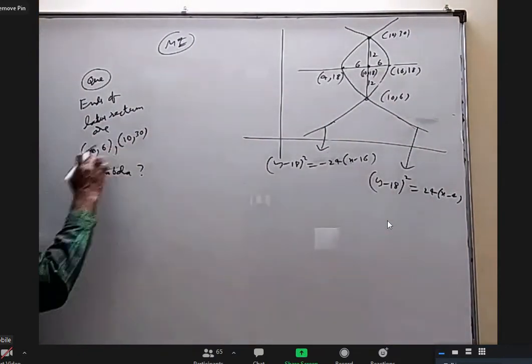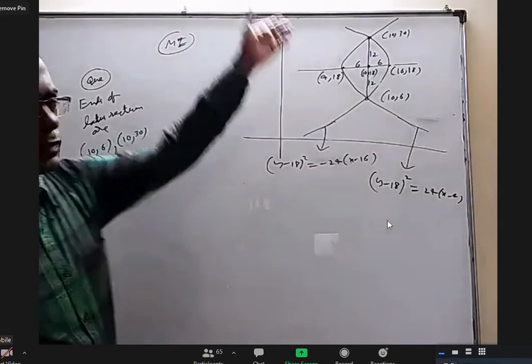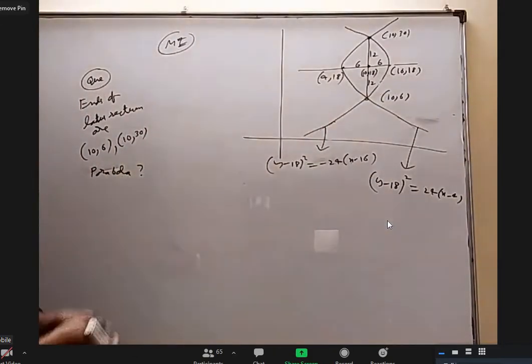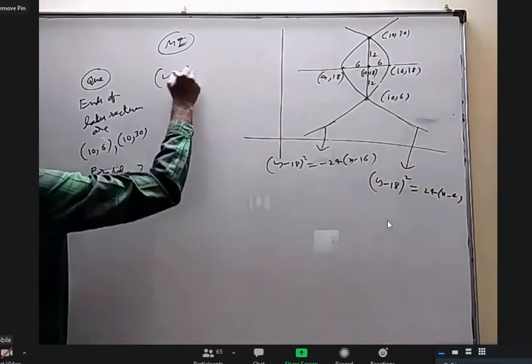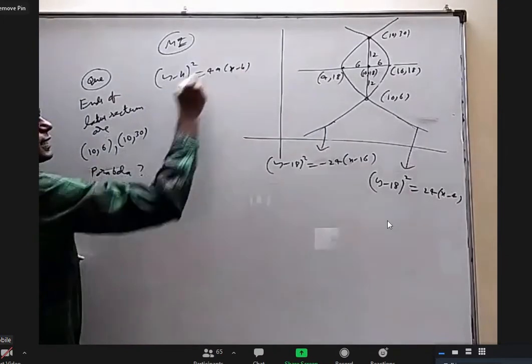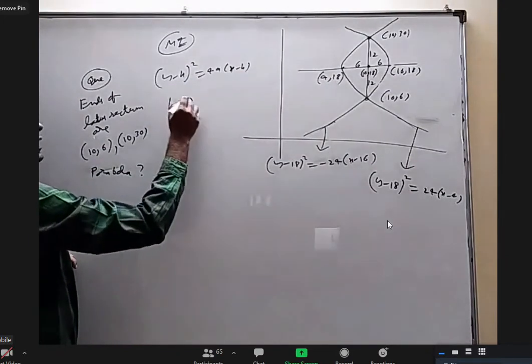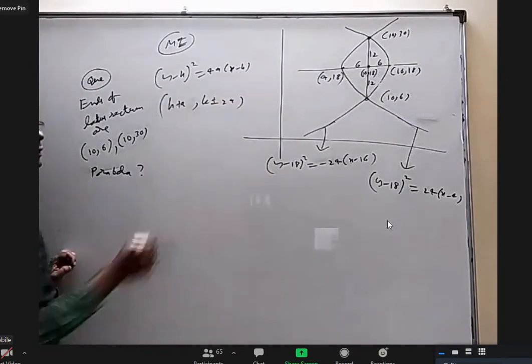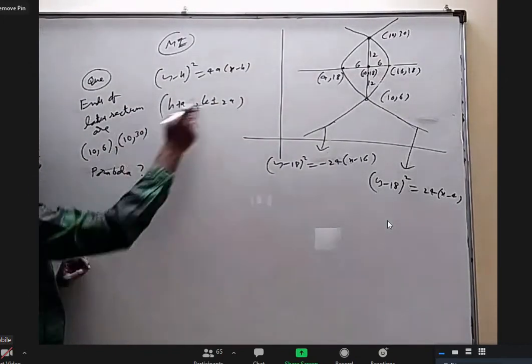First of all, you have to understand these two have the same x coordinate. So the latus rectum is vertical, so the parabola is horizontal. It will be in the form of (y minus k) whole square equal to 4a into (x minus h). And the ends of the latus rectum for that formula are (h plus a, k plus or minus 2a). We know that, so we can equate these two to this.